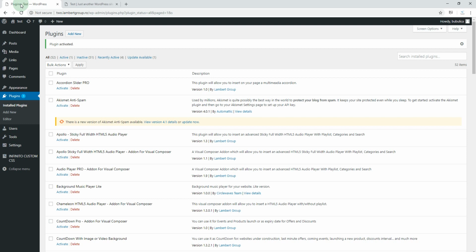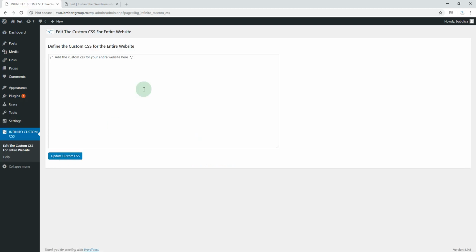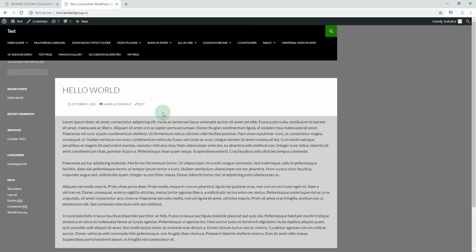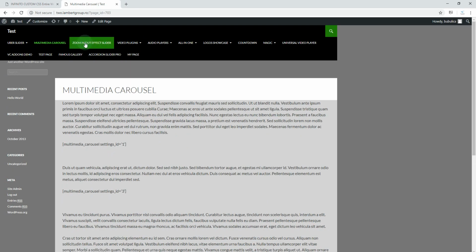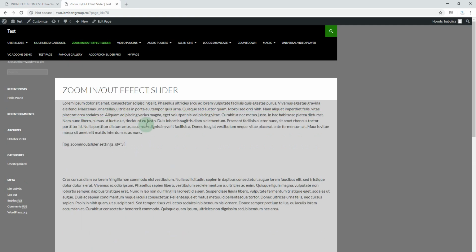So to edit the CSS definition for your entire website, you'll go into the plugin menu and click this. Here you can add the CSS classes for your entire website. So if you go here, you'll see that all the text is black. So no matter the page, this is the default